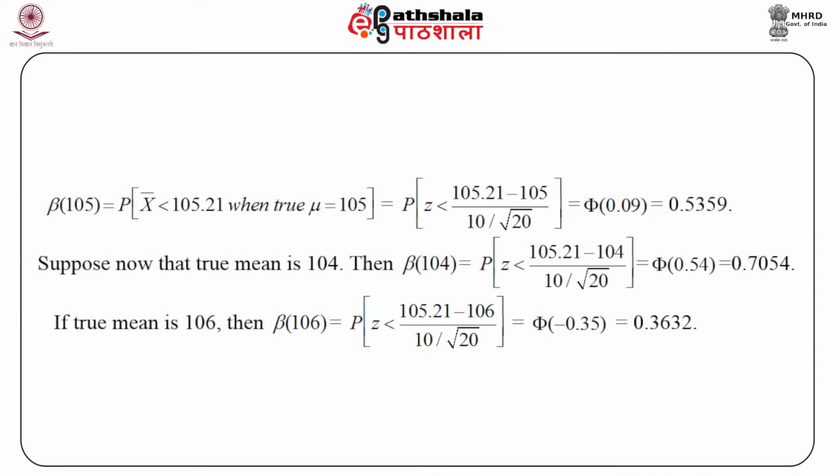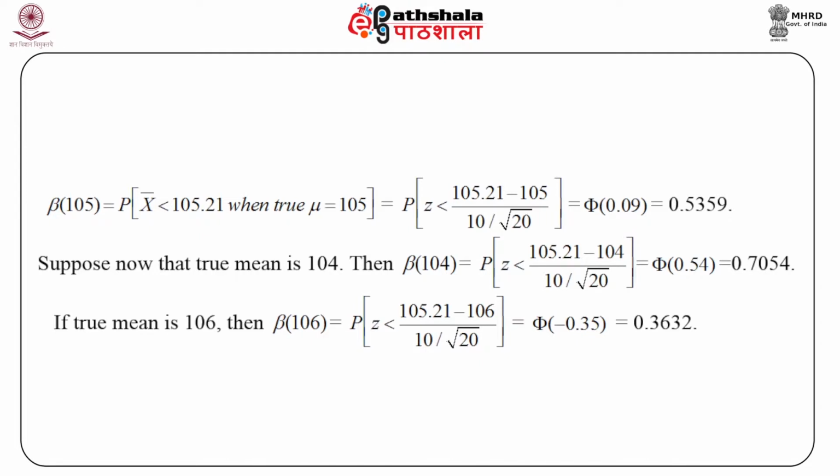So, when mu1 is equal to 105, this is the probability of type 2 error. Therefore, we can write that beta of 105 is equal to the probability that x bar is less than 105.21 when true mu is 105. This is equal to the probability that z is less than (105.21 minus 105) upon 10 divided by under root 20, which is phi of 0.09